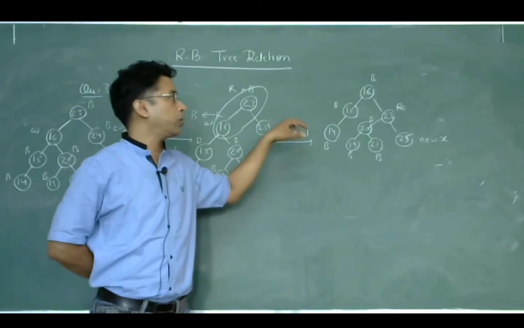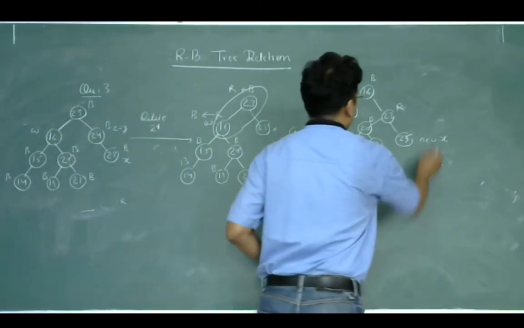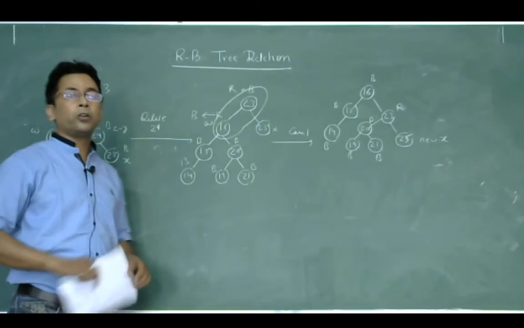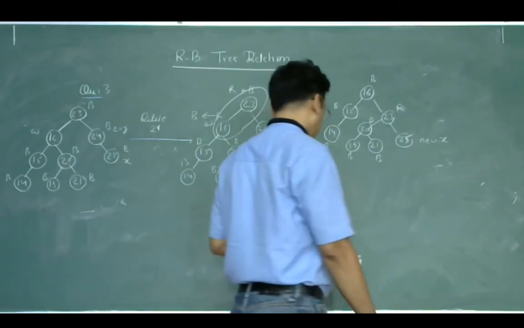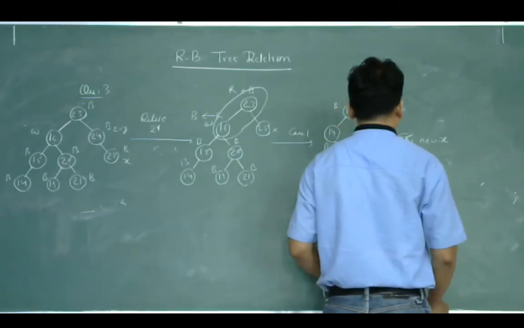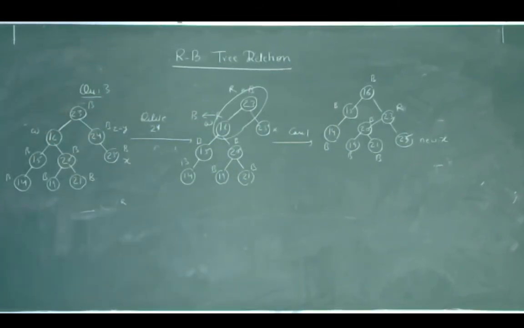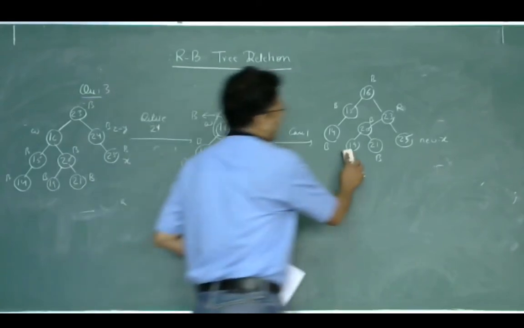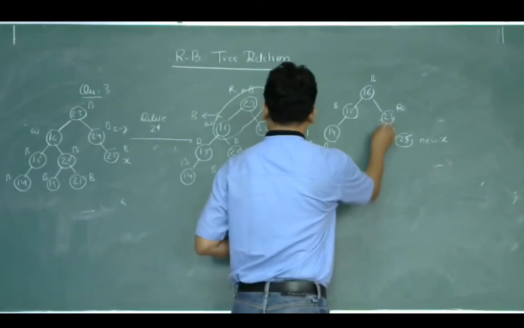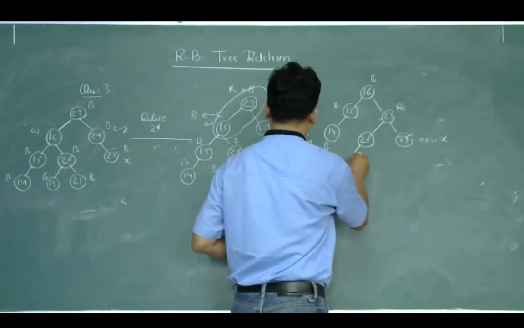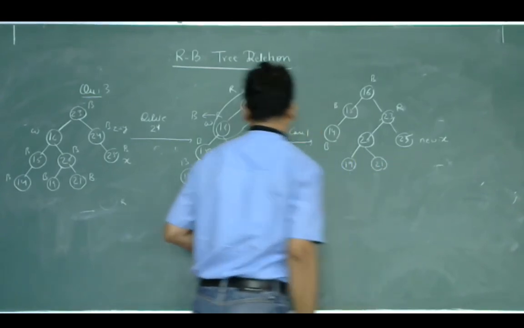Not after rotation. Okay, so this will be the value of new x, right? Now you will not stop here, because with respect to x, now after this, what will be the value? Here I have drawn the diagram so the levels are not maintained. Keep in mind that you should maintain the levels so that you do not get confused while recognizing the parent and sibling.